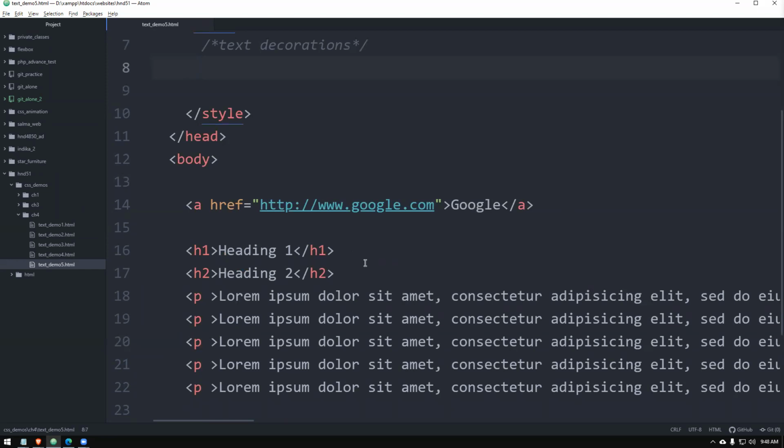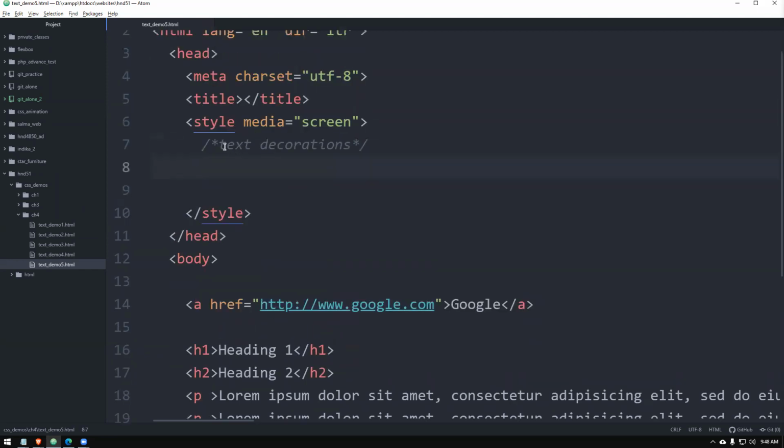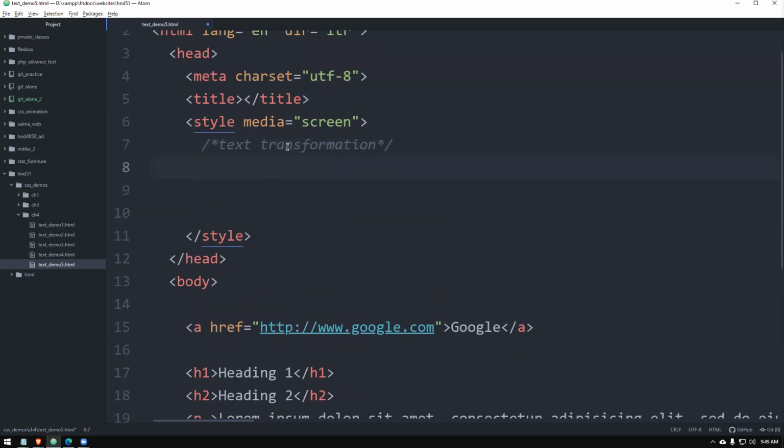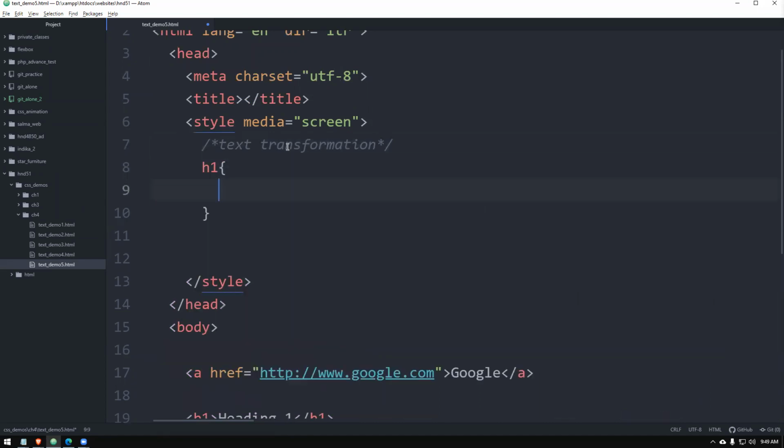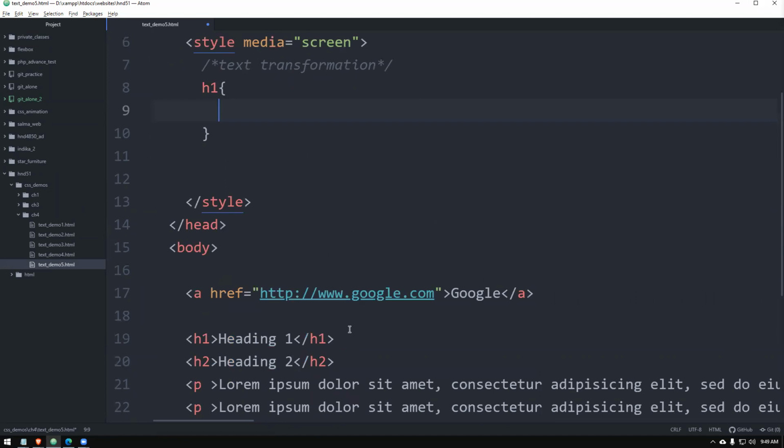Let the content of the web page be as it is. No problem. This is called text transformation. So we're going to give, first of all, H1. We have to change the heading, children.